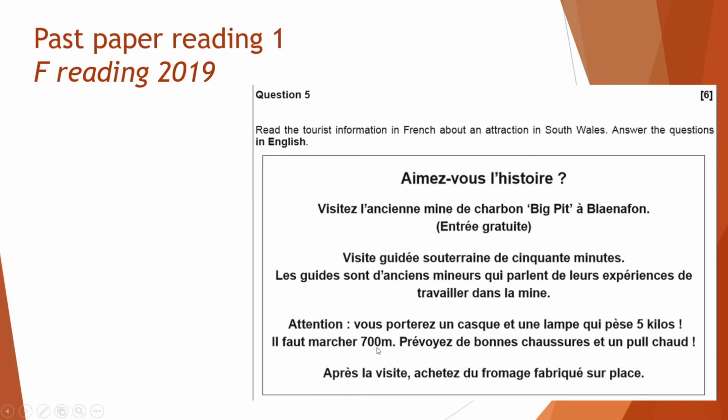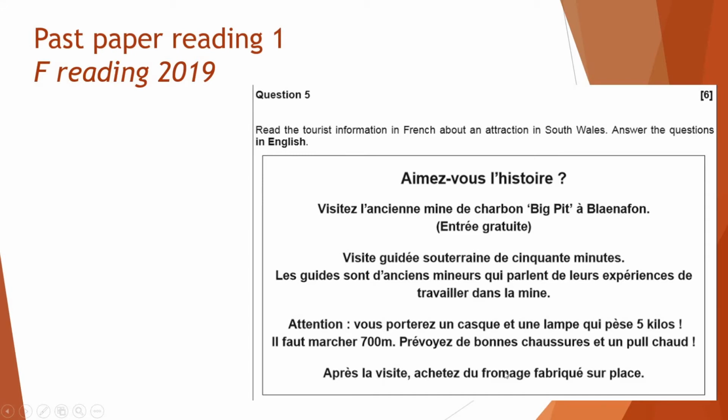So maybe that means how far down we're going to go in this mine, or how far the tour is perhaps. Verb that we haven't seen, but I know this bon here and chaussure we've done before, and pool and chaud. I'm not going to give them away again, but those are words by this stage we should know. Après, visite, so again, something I should know,